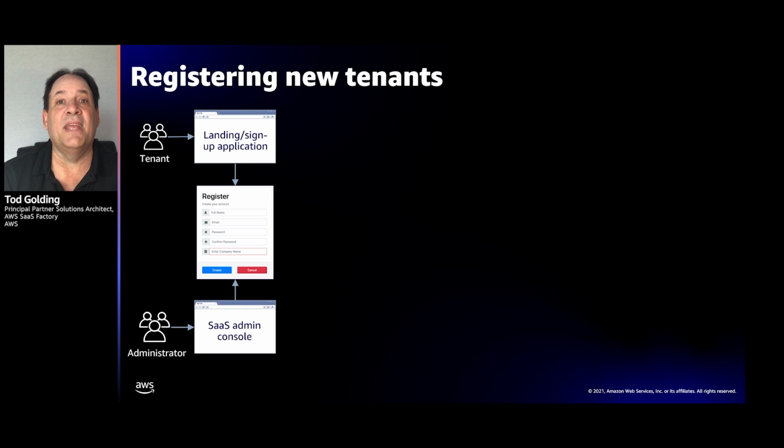Or you can come through the admin console and you can actually trigger an onboarding by filling that information out through that. And we provided that experience through two different paths because we want to acknowledge the reality that some organizations will have self-service, some will not. Some will trigger that only through internally driven processes.